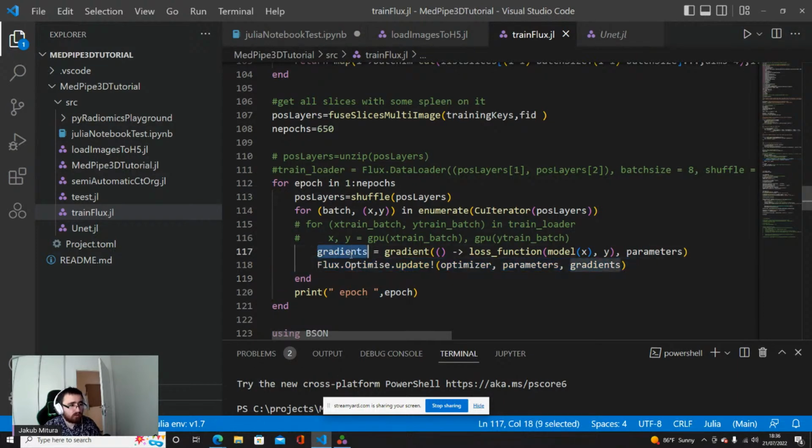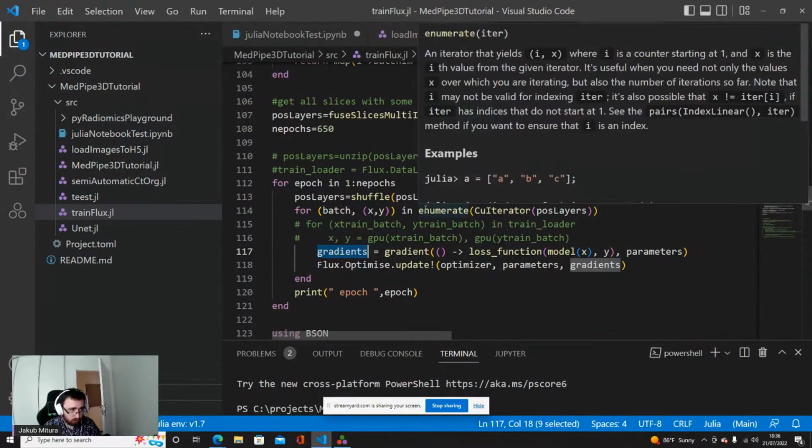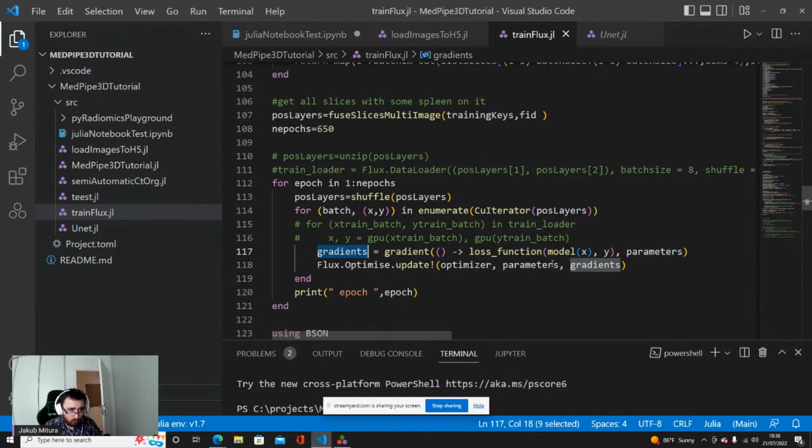So once more: we have the neural network, and the neural network has some parameters. In order for it to learn from the data, we need to pass this data, get the gradients with respect to the loss function, and then, using those gradients, we can optimize the parameters.